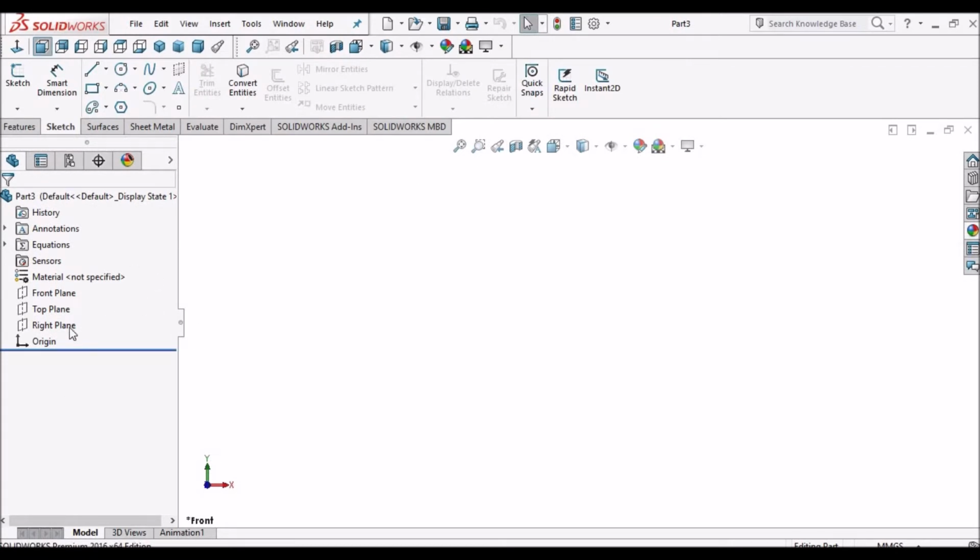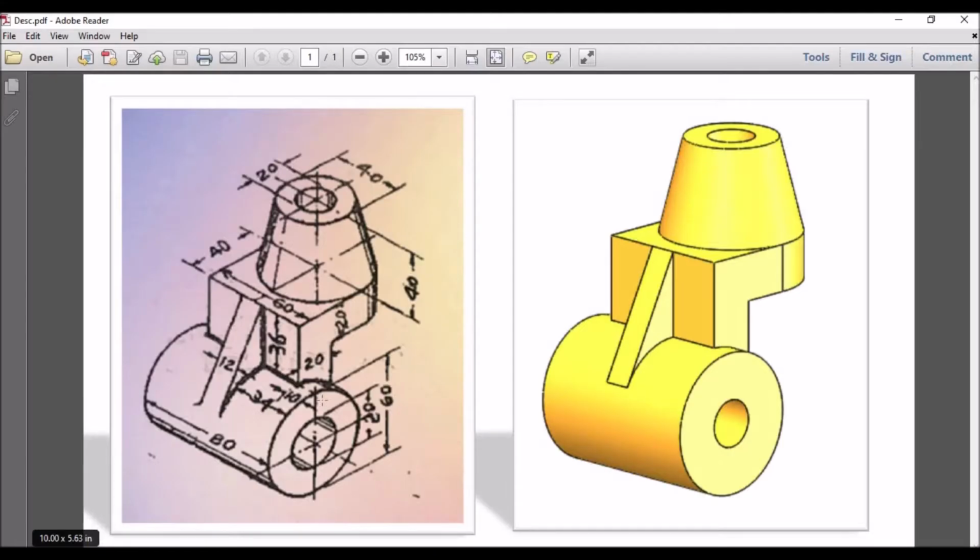Okay. So initially I will start with this boss. Okay, so this is 80 and 60.